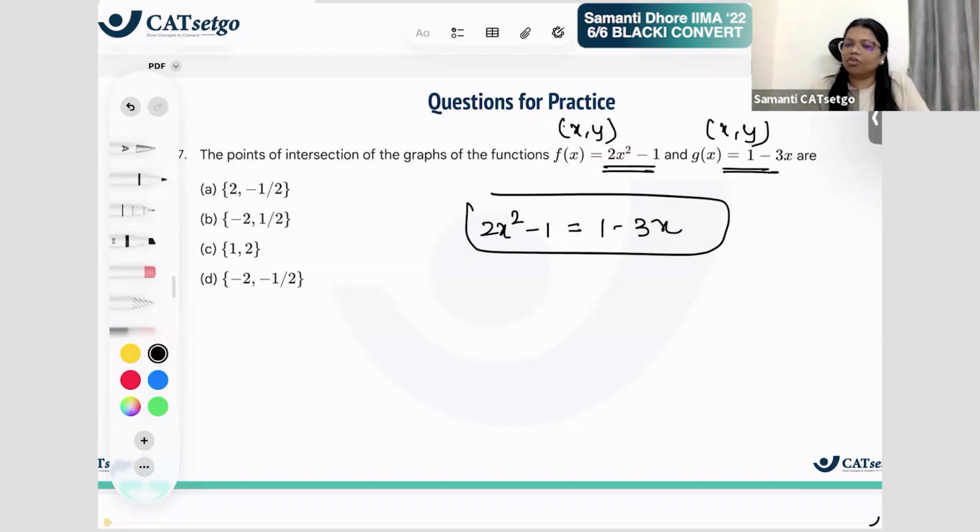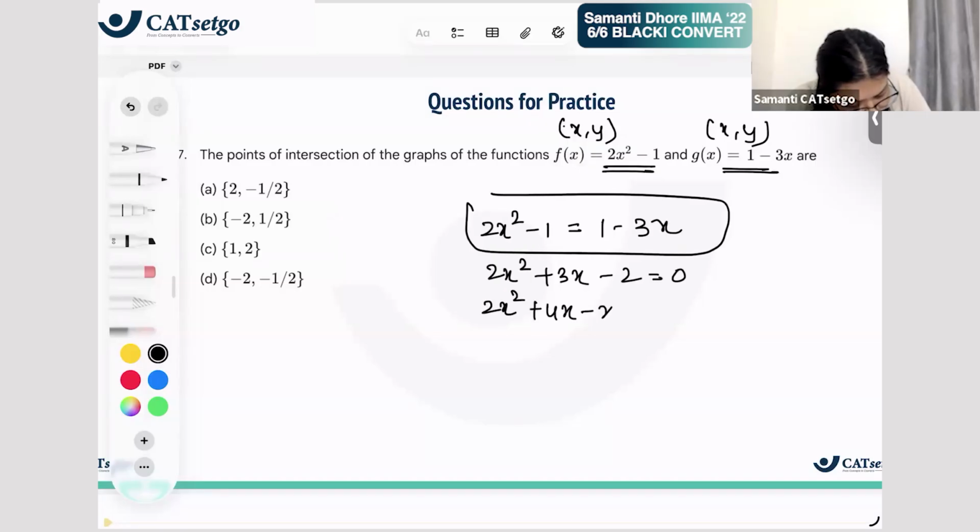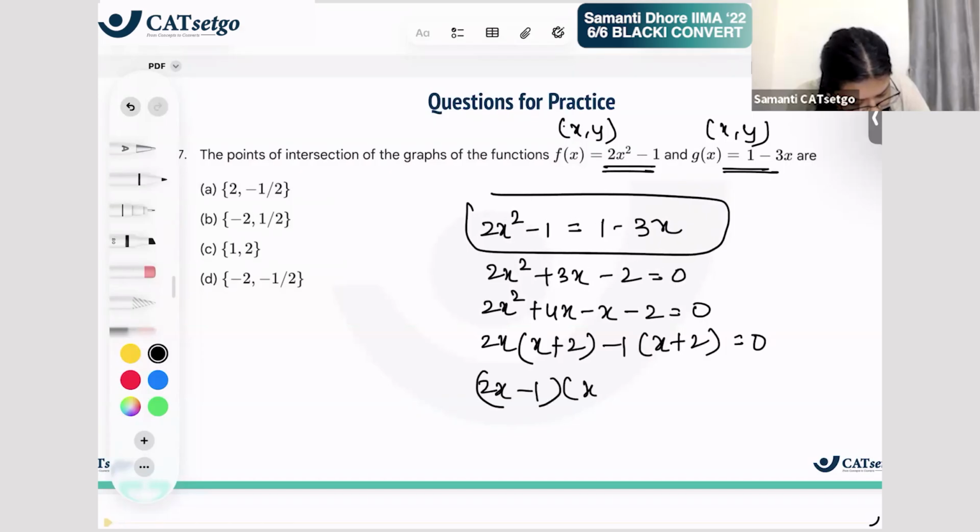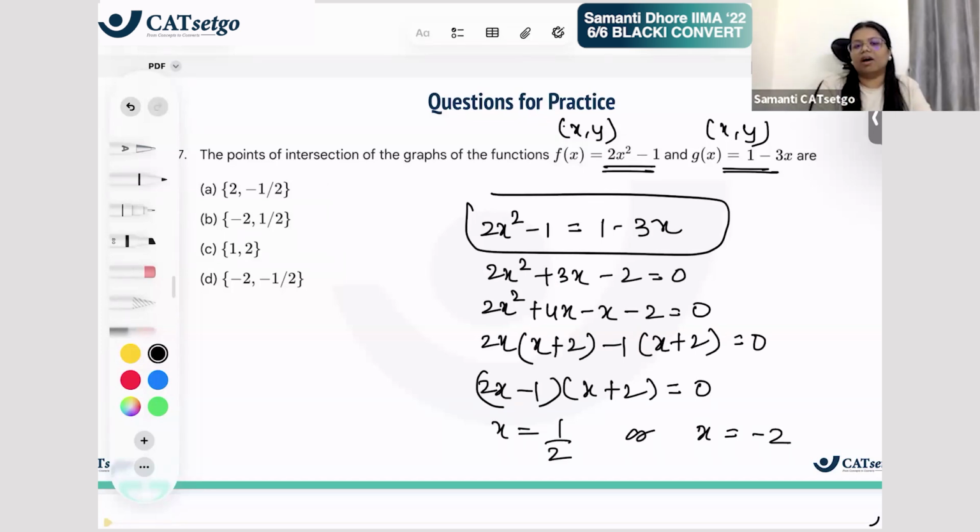So then you have to find कि at what points will they be equal. दो तरीके हैं. एक तरीका है इसको solve करो. दूसरा तरीका है ये values डाल के देखो. Anything is okay. And now you might end up solving it. So this becomes 2x square plus 3x minus 2 is equal to 0. So इसके roots क्या आता है? Plus 4x minus x minus 2 is equal to 0. So 2x into x minus 2 minus 1 into x plus 2 है, sorry. So this is 2x minus 1 into x plus 2 is equal to 0. तो x की वैल्यू 1/2 और x की वैल्यू -2. So 1/2 -2 जहाँ पे आएगा वहां पे ये इंटरसेक्ट करेगा,